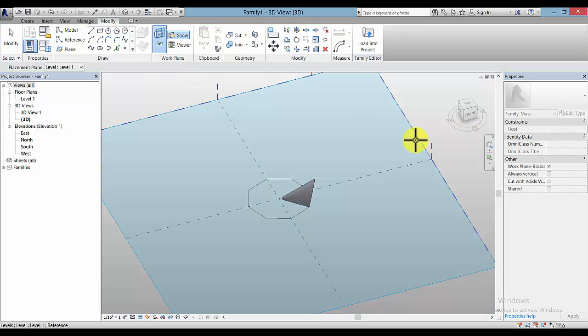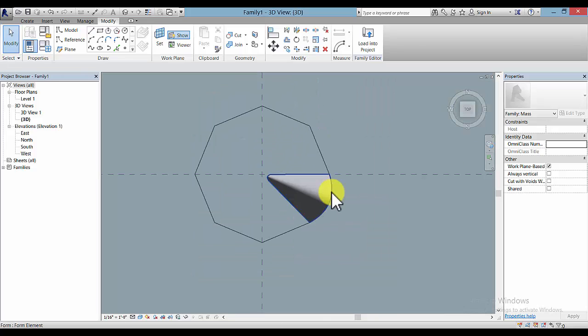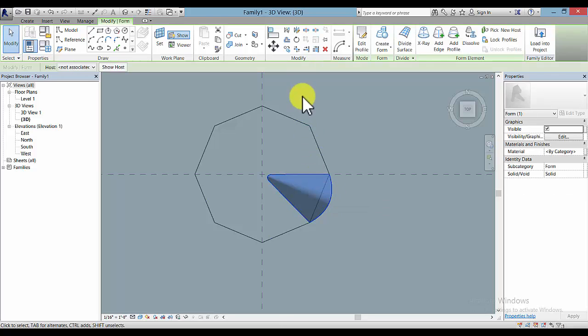And now let's set the first level plane current and go to the top view. You can go to the top view by clicking on here where it says top in the view cube. We can now rotate and copy this form that we created. Rest your pointer on the edge of it and use the tab key in order to select the form, and